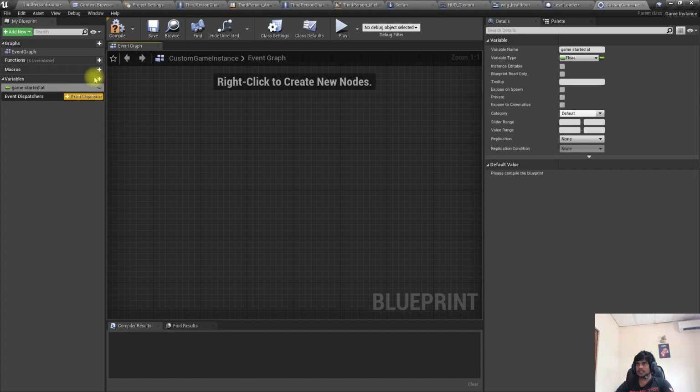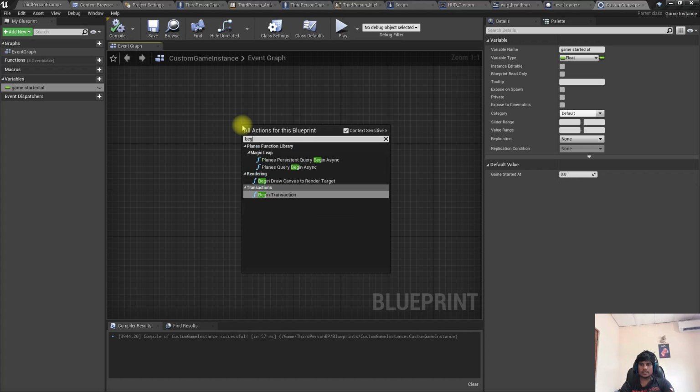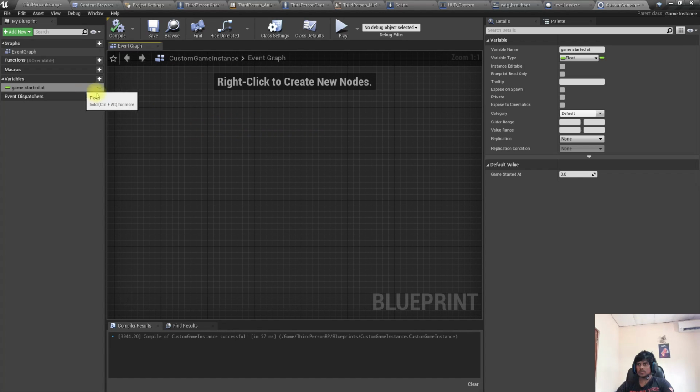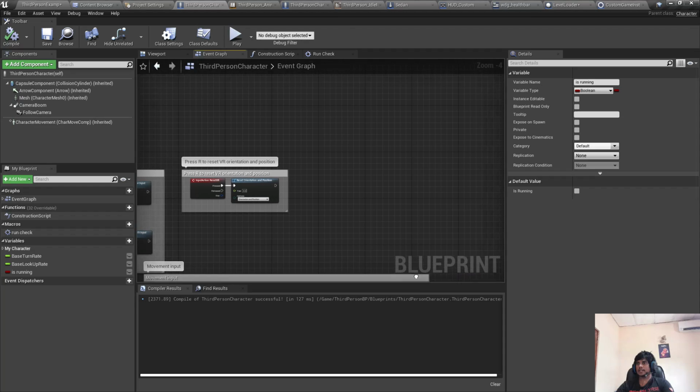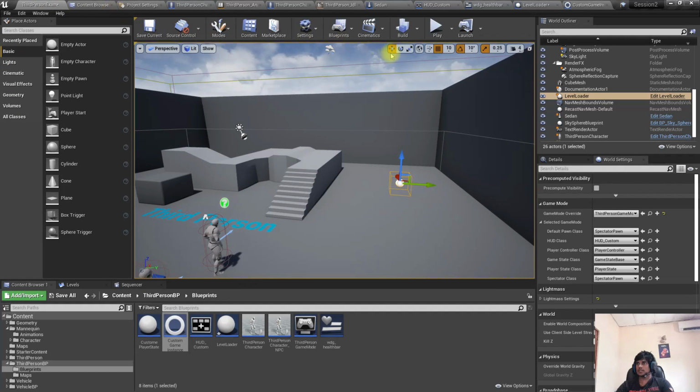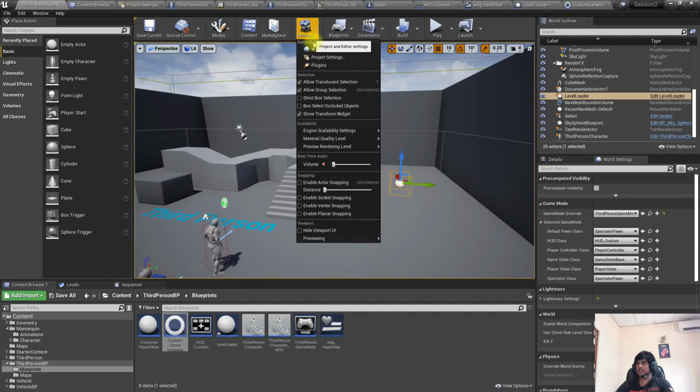Let's turn this into a float value. In the begin, oh, we don't have a begin play. Now in this level blueprint,